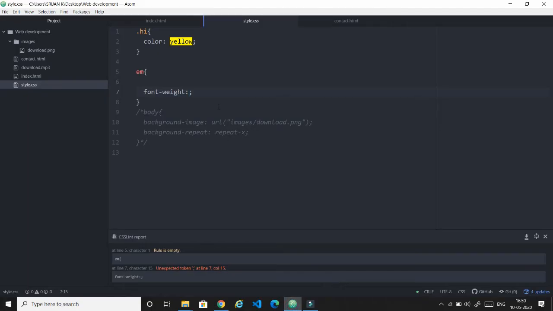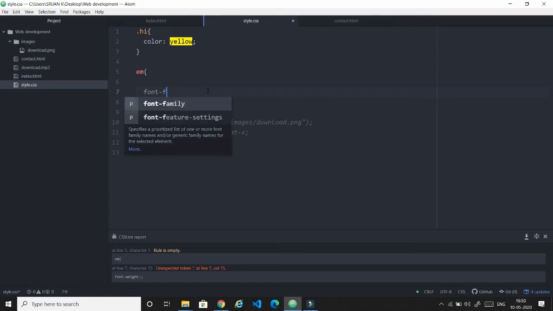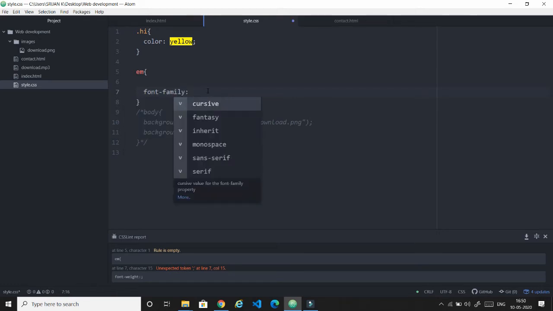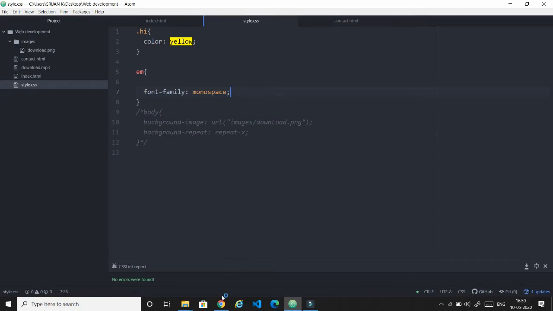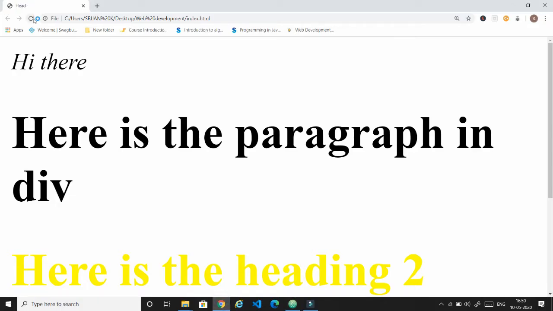We have learned about font weight, and there is also something called font family. What does font family do? Let me change it to monospace here, and if I refresh the page, you can see the styling of the content is changed.